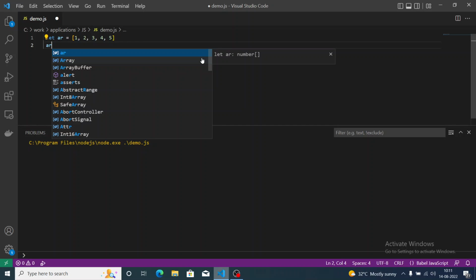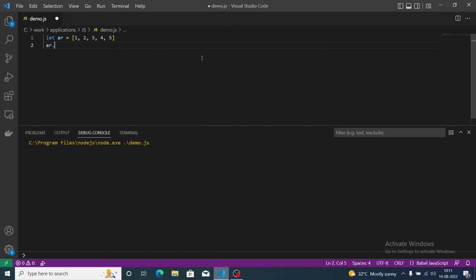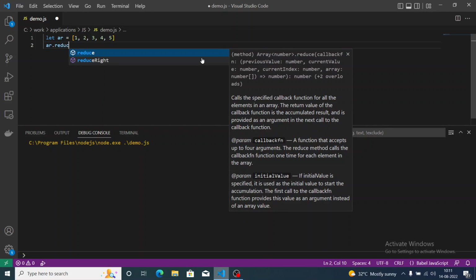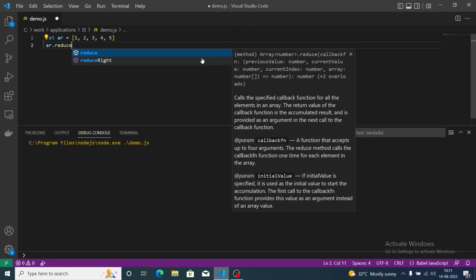First, type the array variable, then press dot. If you type reduce here, you will see this reduce function, and here is the documentation for this function. Okay, so this function takes two parameters. Parameter 1 is the callback function, and parameter 2 is the initial value. Okay,